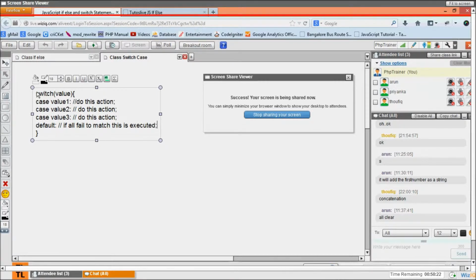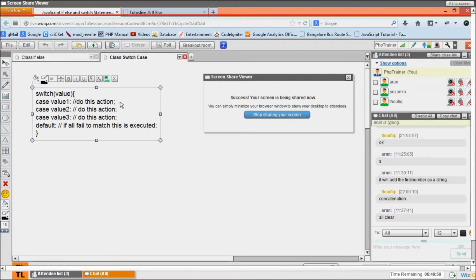Okay, so this is switch case. Switch case is nothing but just an if else condition, but instead of a condition here, there's a value here. This value can be anything. It can be a string, it can be a number, it can be boolean. So whatever value you feed over there, if it matches the first value, it does this action. If it matches the second, it does this action. If it matches the third, it does the third one. If nothing matches, then it goes to the default.